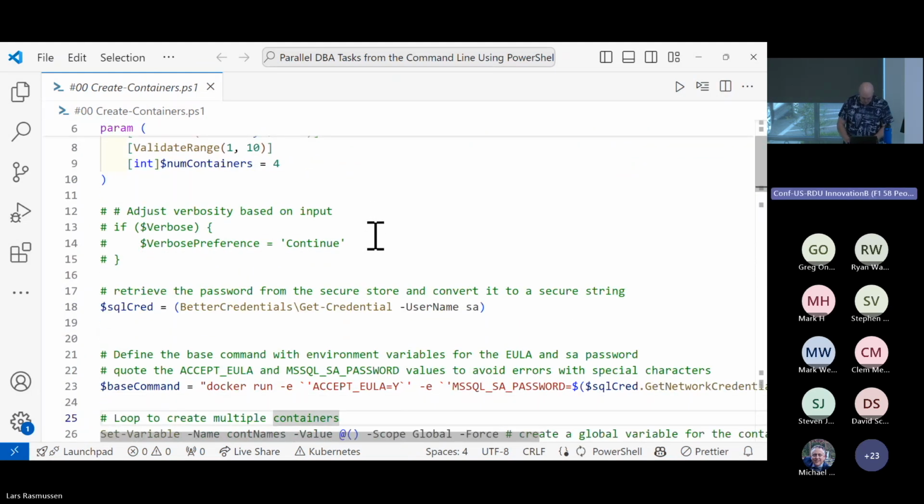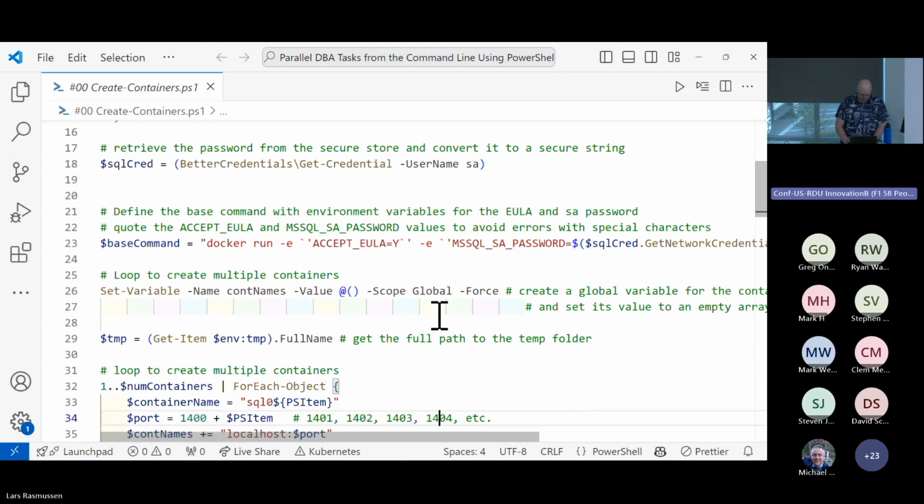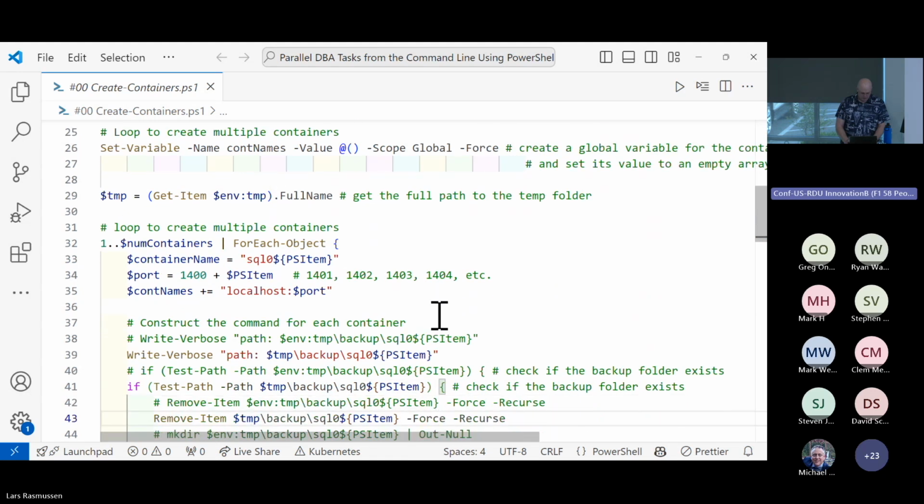So I stored a credential using the Windows Data Protection API, using the BetterCredentials module, which is not the best way to store credentials, but it does use the DPAPI. So it does have a certain amount of security. It's the same thing that the Credential Manager in Windows uses. And then I'm building some strings, and then however many containers were passed to the parameter, I'm going to go ahead and create